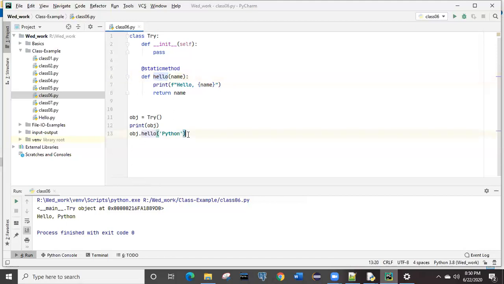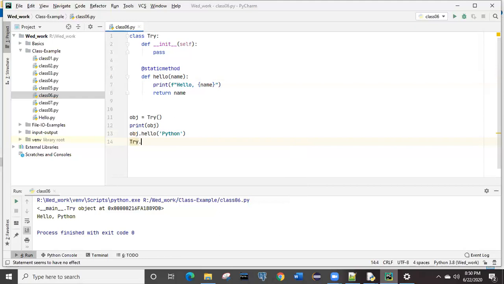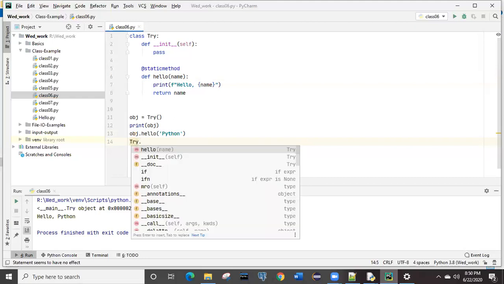Let me write this one. Try, not this one, try. I'll put one dot. You can see now hello is coming directly over here, right? That method is available to try because of the annotation.